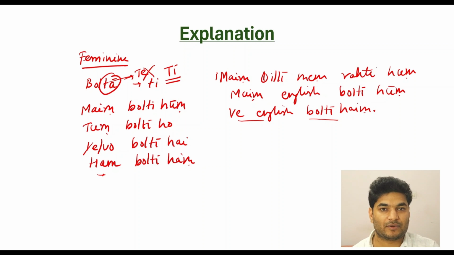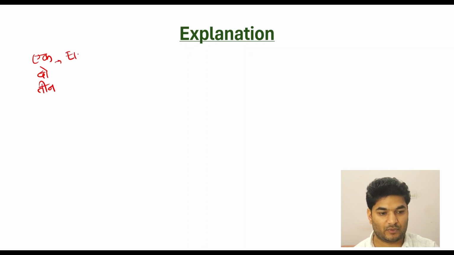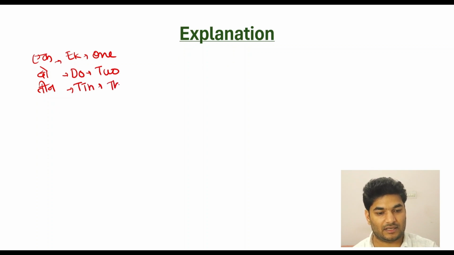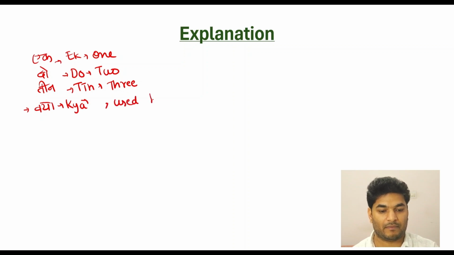So now let's see other new concepts discussed in this chapter. The first thing we saw, three numbers. एक is 1, दो is 2, and तीन is 3. Alright? Then one thing we saw, क्या used before a verb